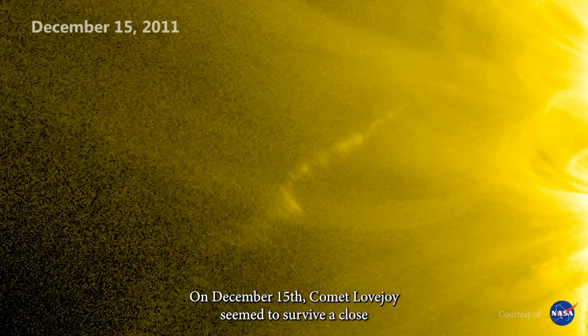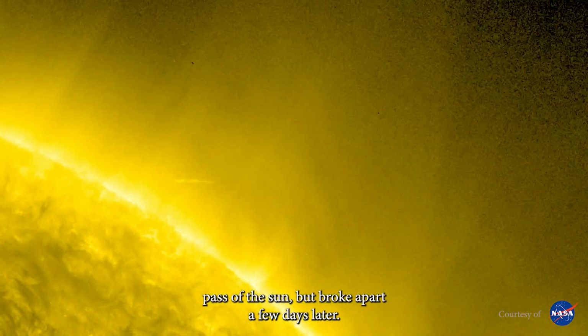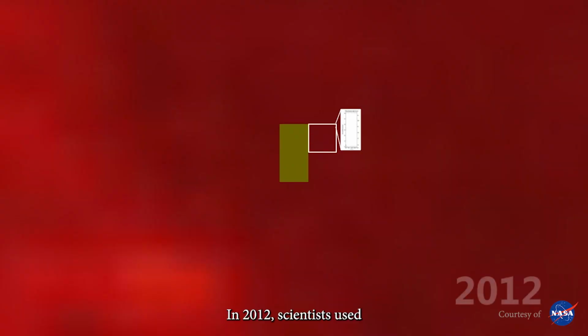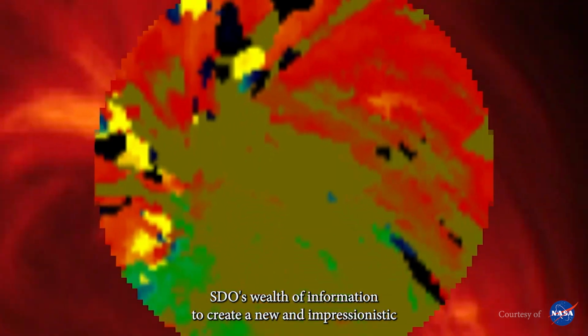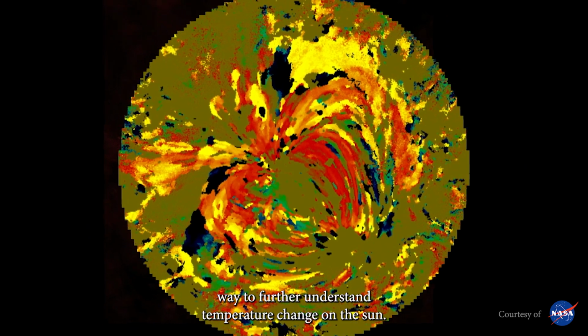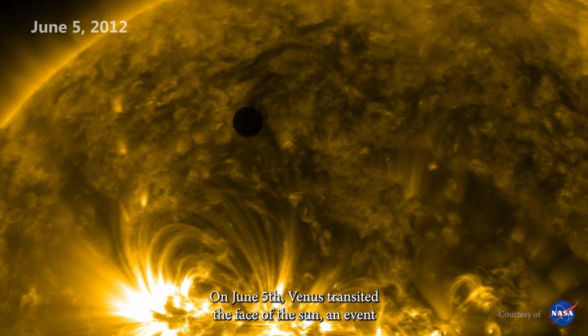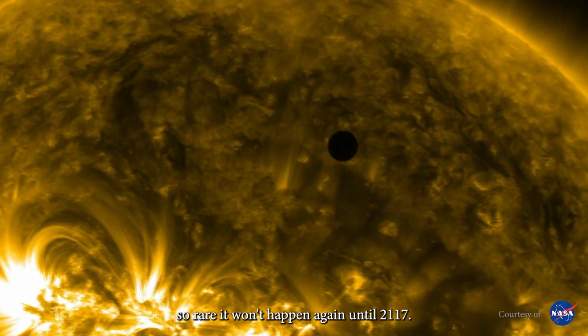On December 15th, Comet Lovejoy seemed to survive a close pass of the sun, but broke apart a few days later. In 2012, scientists used SDO's wealth of information to create a new and impressionistic way to further understand temperature change on the sun. On June 5th, Venus transited the face of the sun, an event so rare it won't